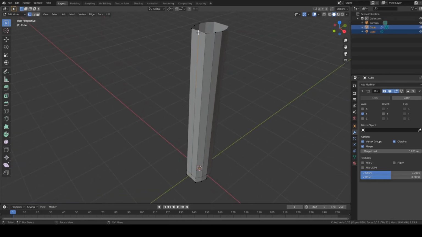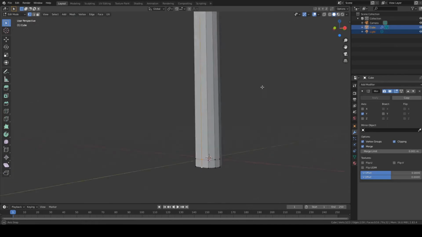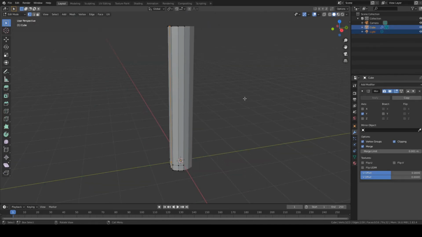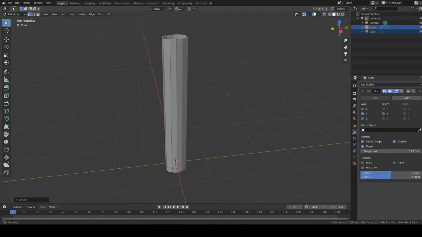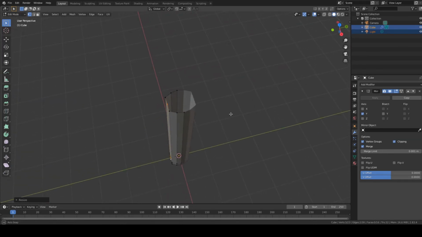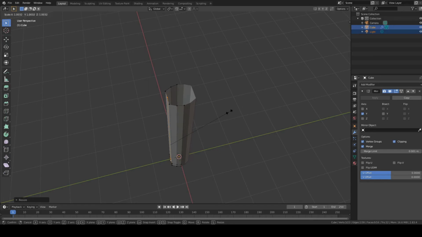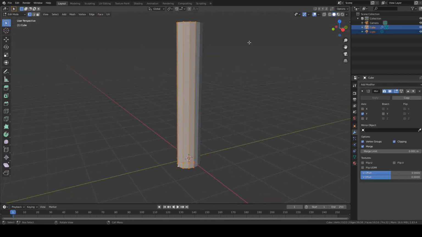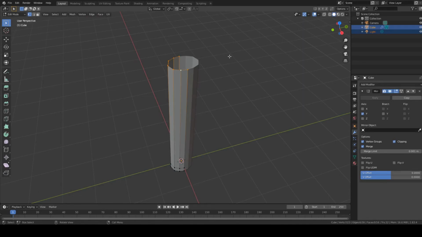One reason it doesn't really look good is because this one isn't brought out like the others, so we'll amend that before we go forward. So S, Y. Right? Nope. That didn't work. That should have worked. We'll try again. Scale, Y-axis. Well, then we'll translate it then. Not sure why that didn't work. Alright, so now we select that edge loop again, and now that it's a little bit more round,